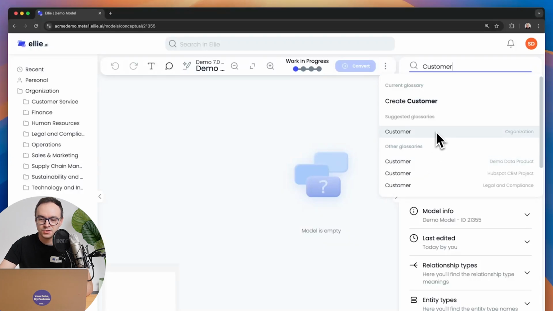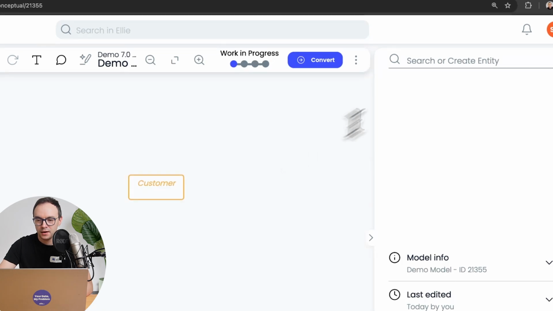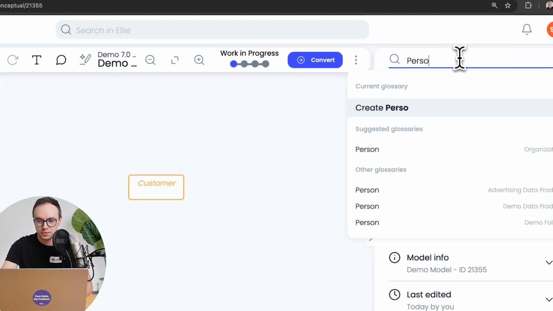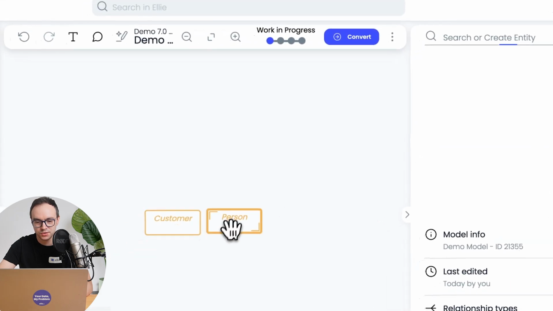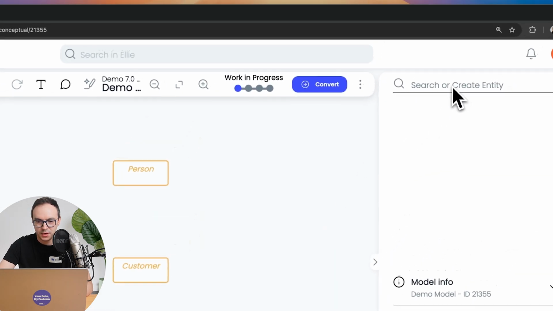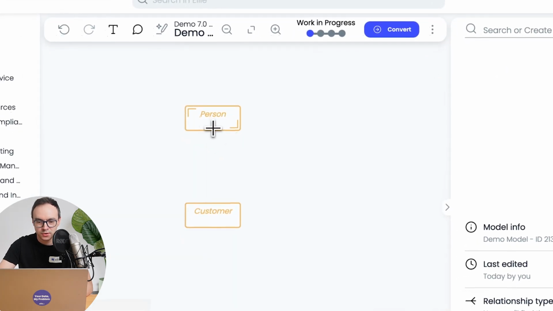I can use a suggested glossary entity customer from the organization glossary, and there are some other glossaries that have the customer entity. Because I'm not sure that I want to make any changes, or I'm not even sure what a customer is yet in my project, I'll just use the default organization customer entity. Let's say a customer can also be a person. Okay, I see that the person entity already exists in the organization, and